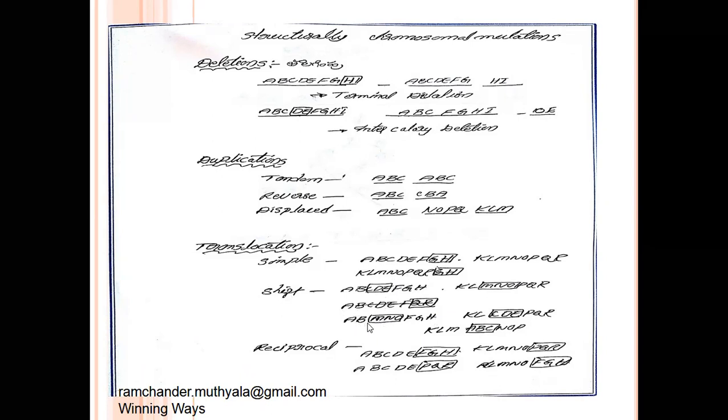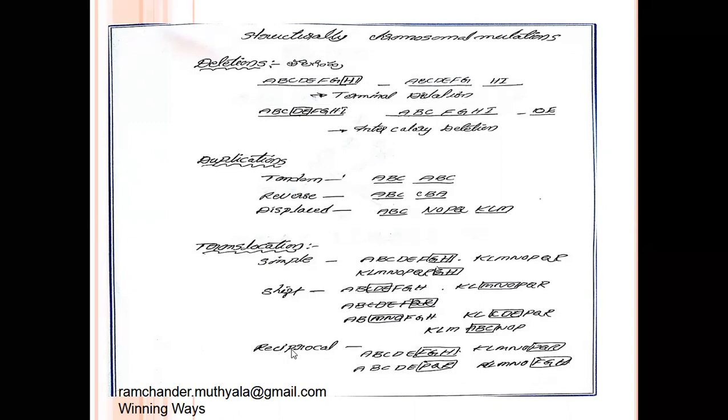Here it is A, B, M, N, O, F, G, H. Another chromosome contains K, L, C, D, E, P, Q, R genes. What will happen in this? The middle portions of genes of the chromosomes are mutually exchanged between two chromosomes. By this shift translocation, chromosome size cannot be changed, but the genes are rearranged on the chromosome. This type of translocation is called shift translocation.